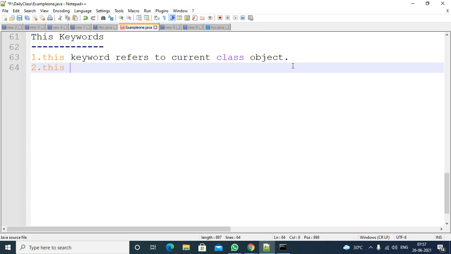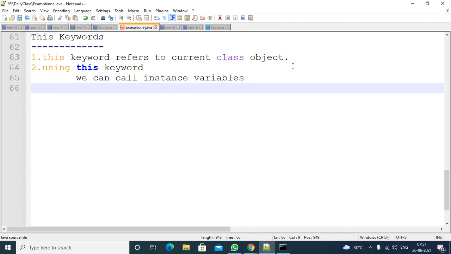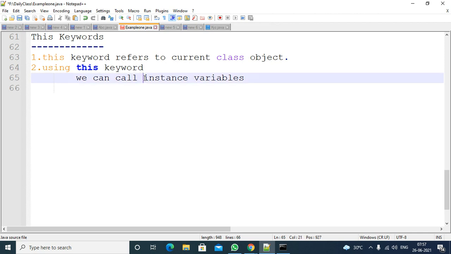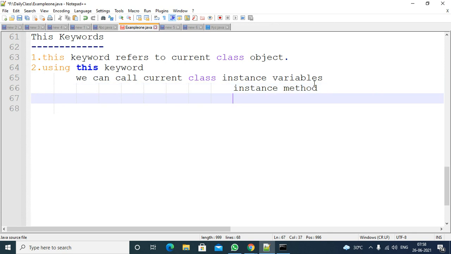By using this keyword, we can call current class instance variables, current class instance methods, and current class constructors.